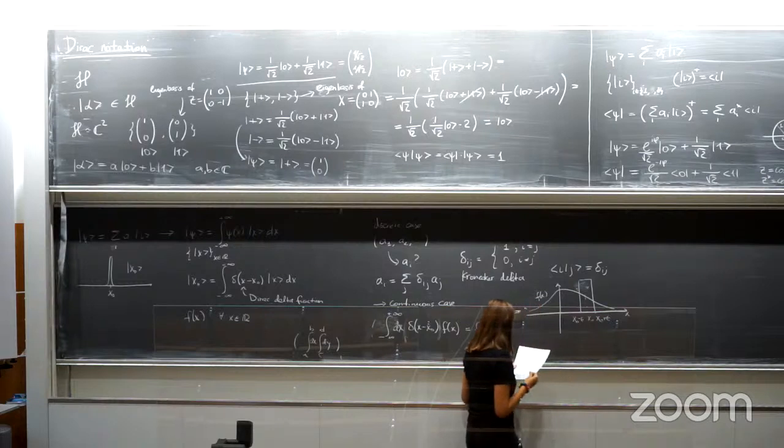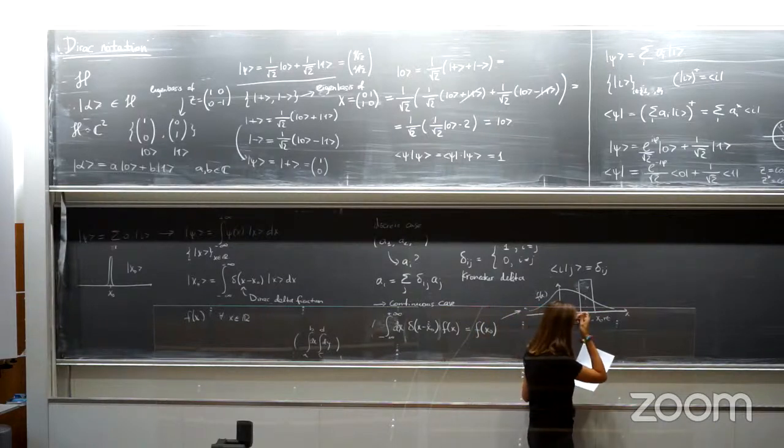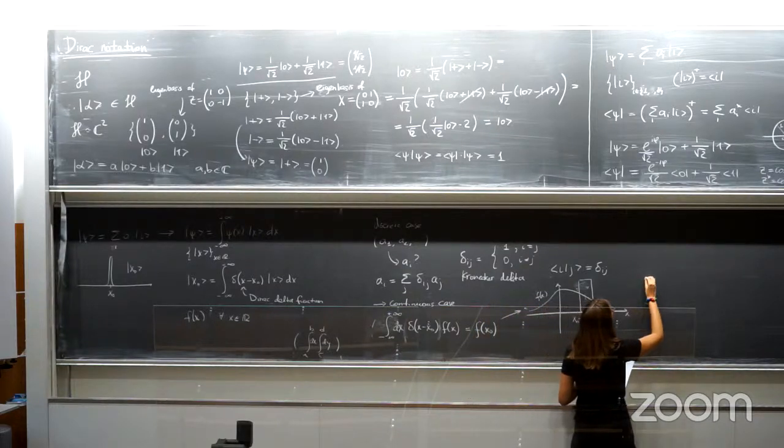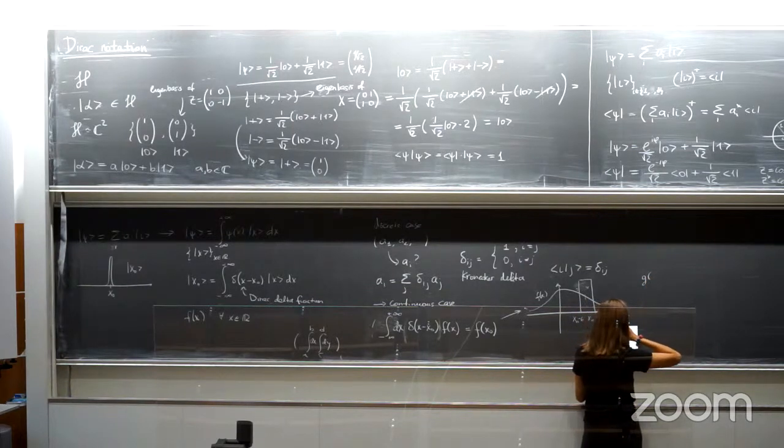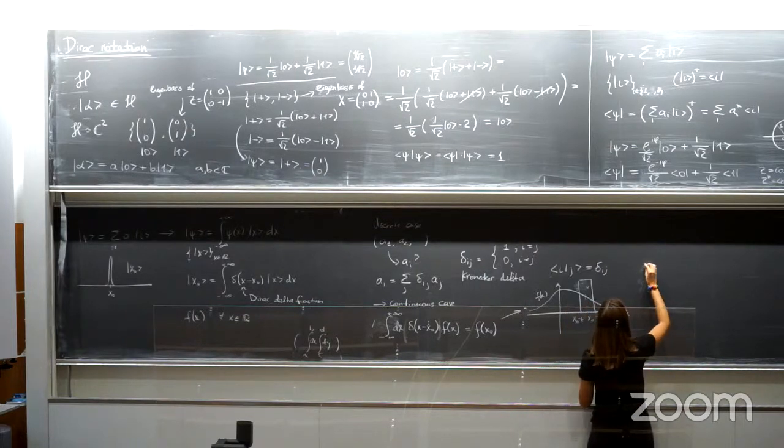Then, if we take the integral of f of x from x0 minus epsilon to x0 plus epsilon, with a factor 1 over 2 epsilon, dx,